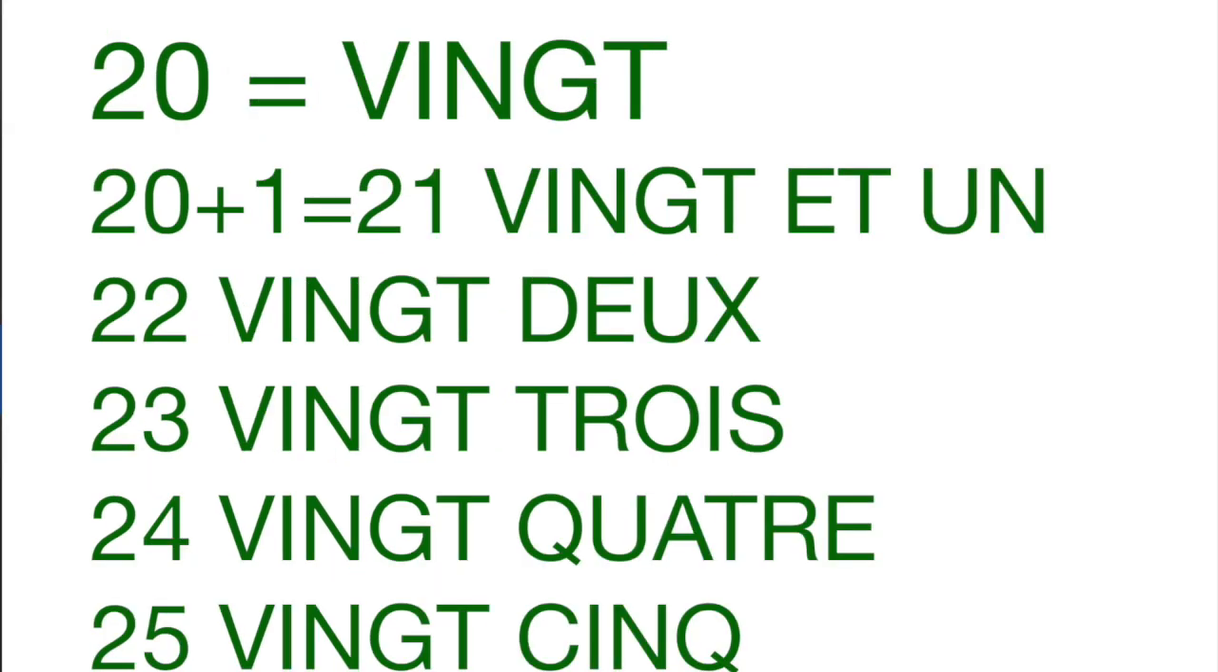20. From 21 to 30, what we have to do is add 1 to 9 numbers in 20, and 30 would be a very different number. So here we start. 21, 20 and 1 is 21, 22 is